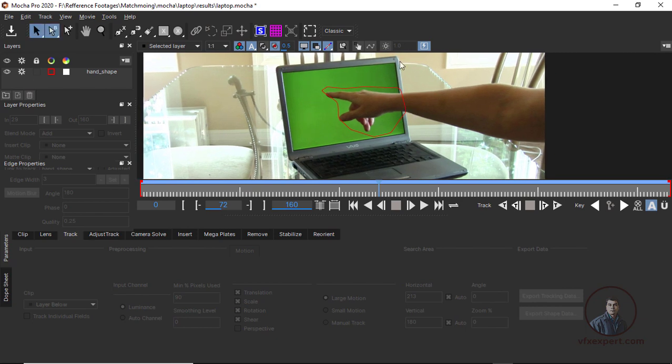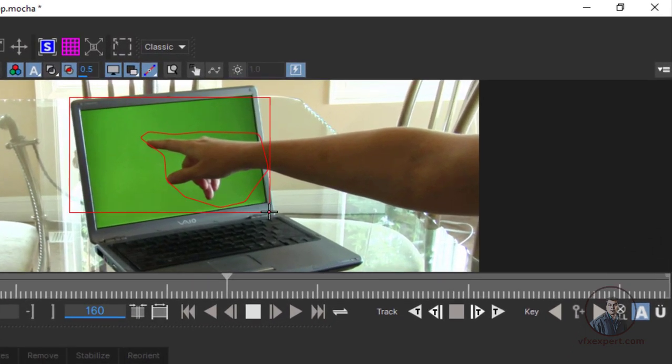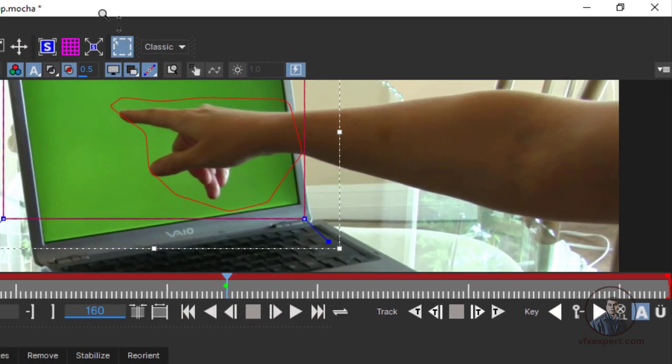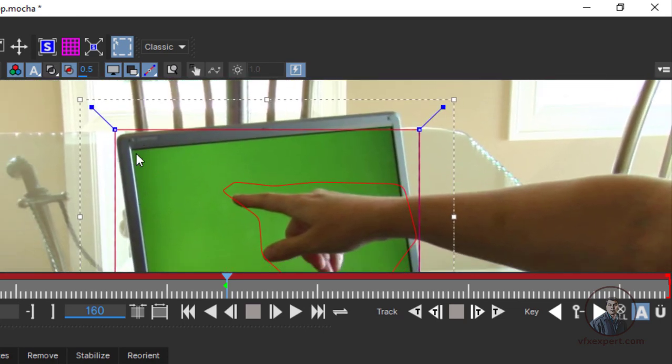Now I am going to create a shape for the screens. Again click on X-Spline, or you can simply click on the rectangular shape, and with the help of X-Spline you can also create a rectangle. So any shape you can take. Now I am going to take a rectangle like this. Now just press Z. Now we have to cover this body. The laptop body we have to cover here.